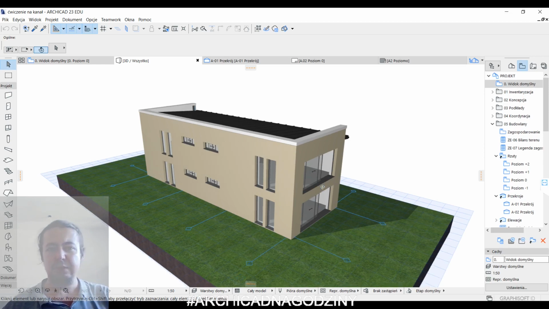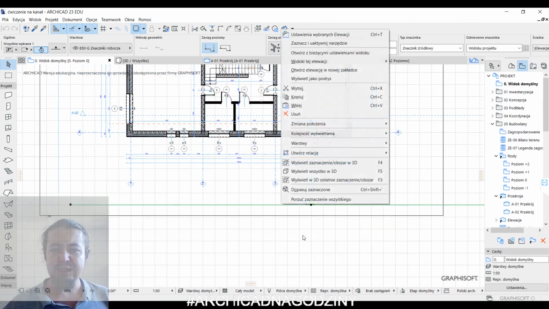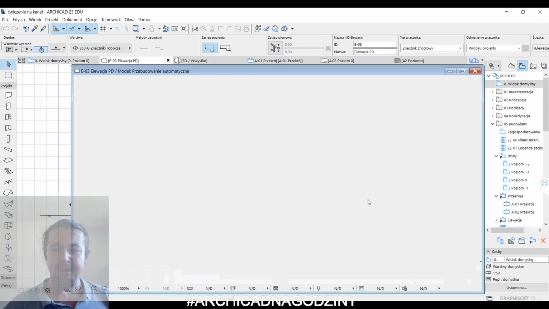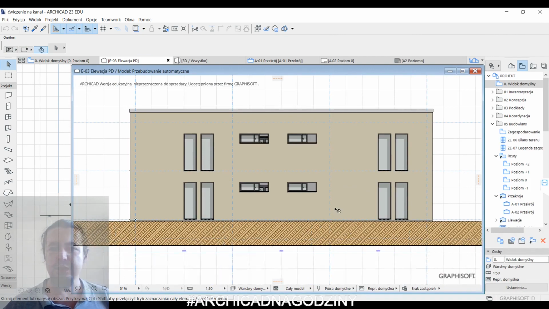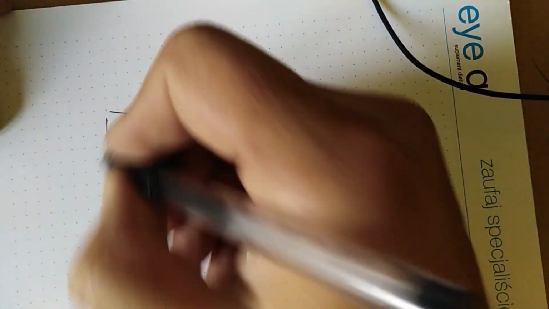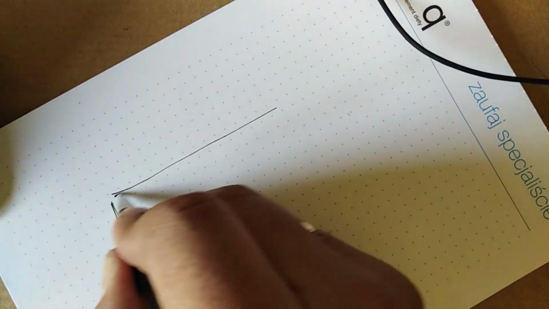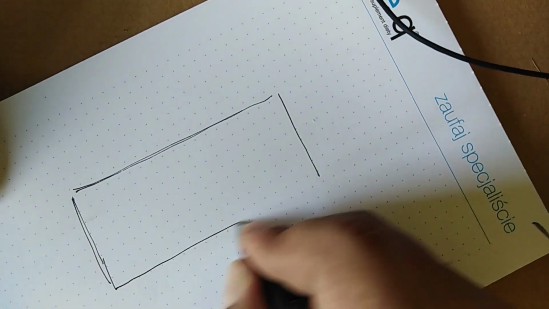The first thing, we'll open one of our facades, and here you can see how the building looks now. First thing we'll do is make some sketch. Our building looks something like this. Yes, we've got the main